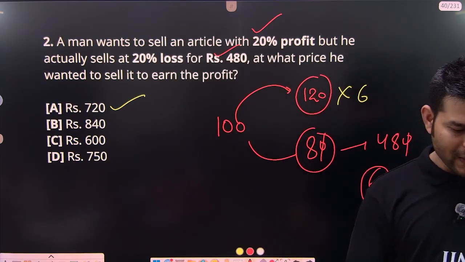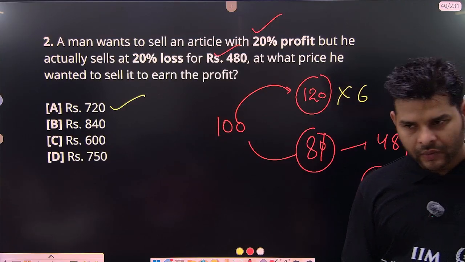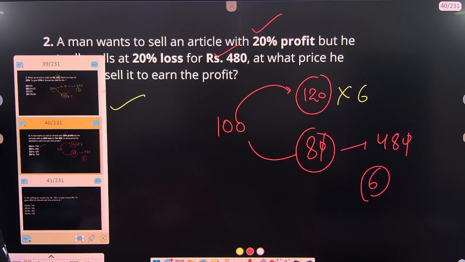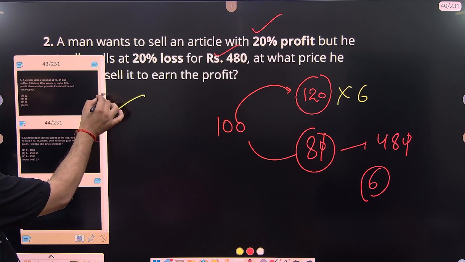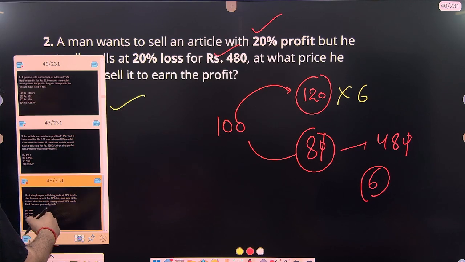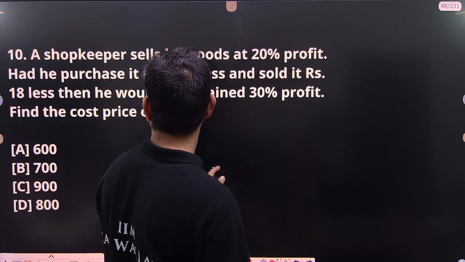Now the rest of the part you will do yourself. Okay. Now we are going to move on to question number 10. Till question number 9 you will do yourself. If you have any doubt, we have given the options or the answers. Still, if you have any doubt, you can immediately ask in your doubt session. So let's move on to question number 10. A little bit of variation. There is a variation over here.